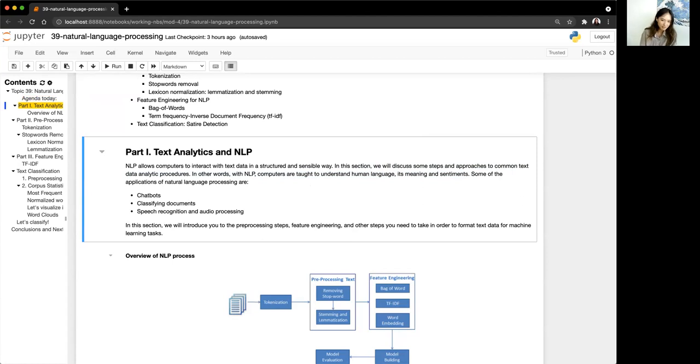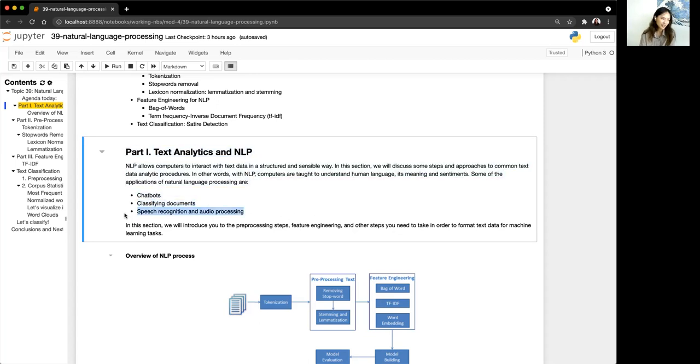Some applications of NLP: we have chatbots. Chatbots are one of the more recent applications of NLP, especially now when it's not just, if you see someone use the word no in a message, you give a specific answer. Those are pretty much just scan your text, give an answer. It's actually gotten a lot smarter now because chatbots can infer very specific meaning, if someone is typing a very specific message situation. That's super interesting, and we'll discuss more about it tomorrow. Classifying documents, that's the process that we're going to do today.